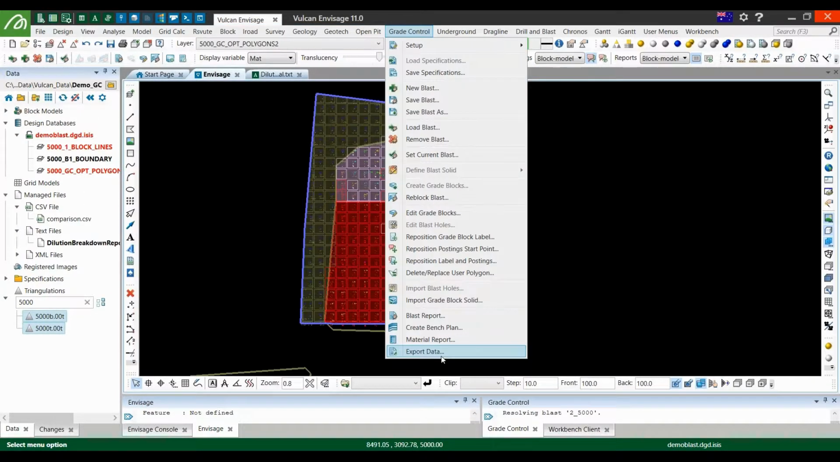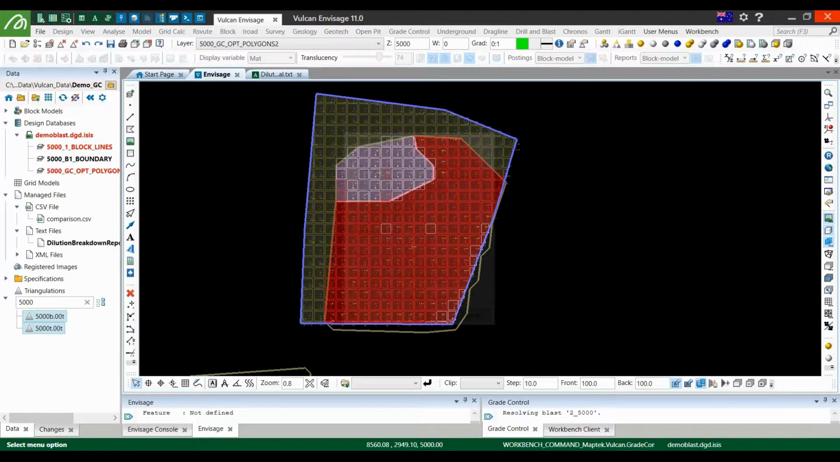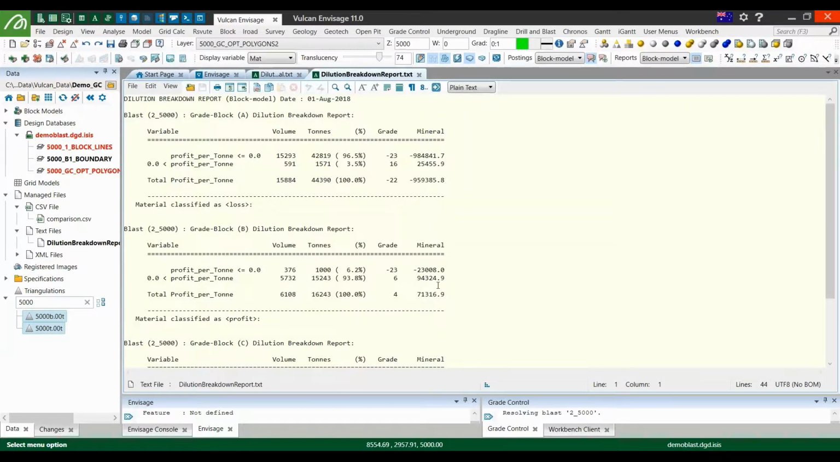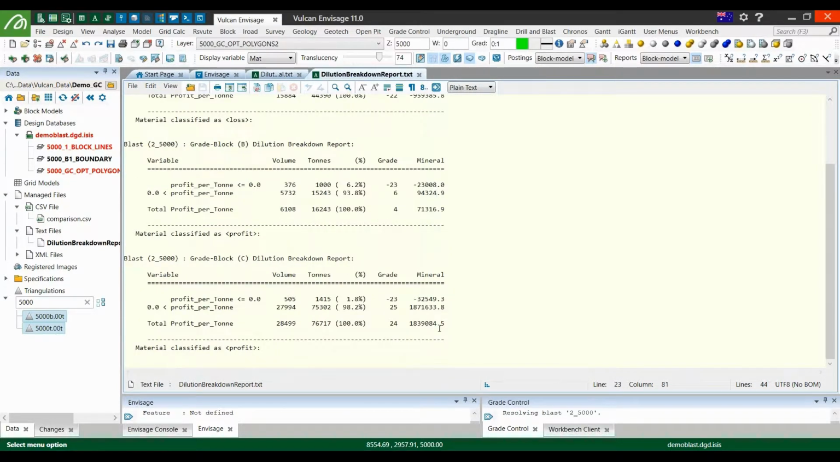And run my material report. Again, of these 4 reports, it's the dilution breakdown, which is giving my total value for my blast. So for any profitable blast, we can read that as the amount of loss and the amount of profit with the total value. So for the grade block C, which was my high grade block, that's, if I count my